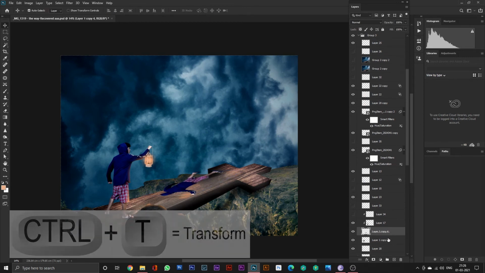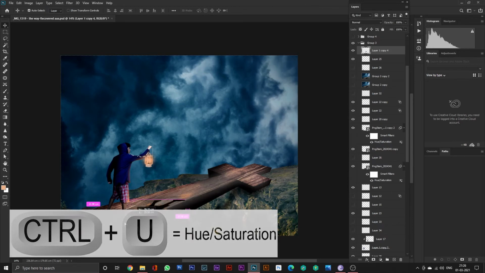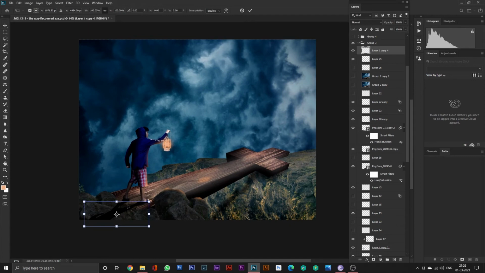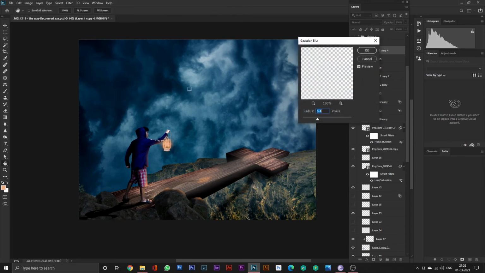Once I was satisfied, I again selected my own character, pressed Ctrl J, and I took a copy of the character beside, pressed Ctrl U, and made it a black object, so I could use that as another shadow that is falling on the rock behind me.